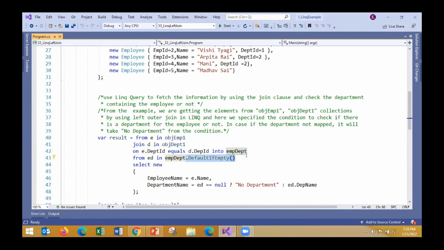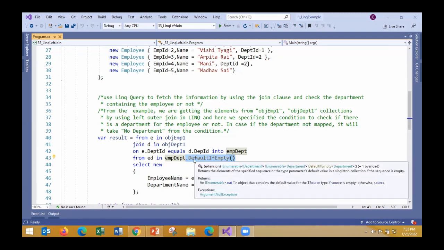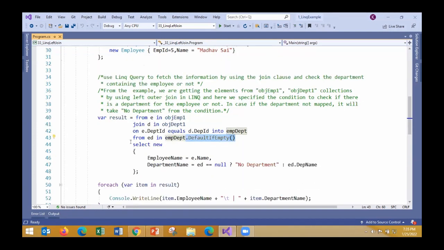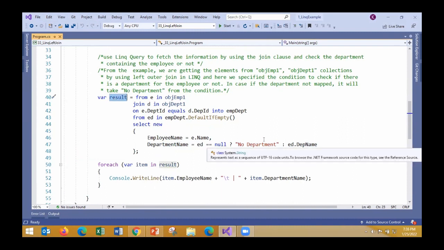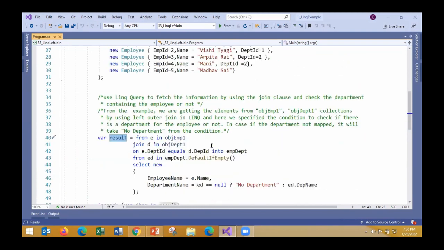Is it DefaultIfEmpty or not? And if it is, then obviously give the employee name, tell me whether this condition is met or not. So this result will contain only names of those employees who belong to a particular department. Left outer join. So this is the object in